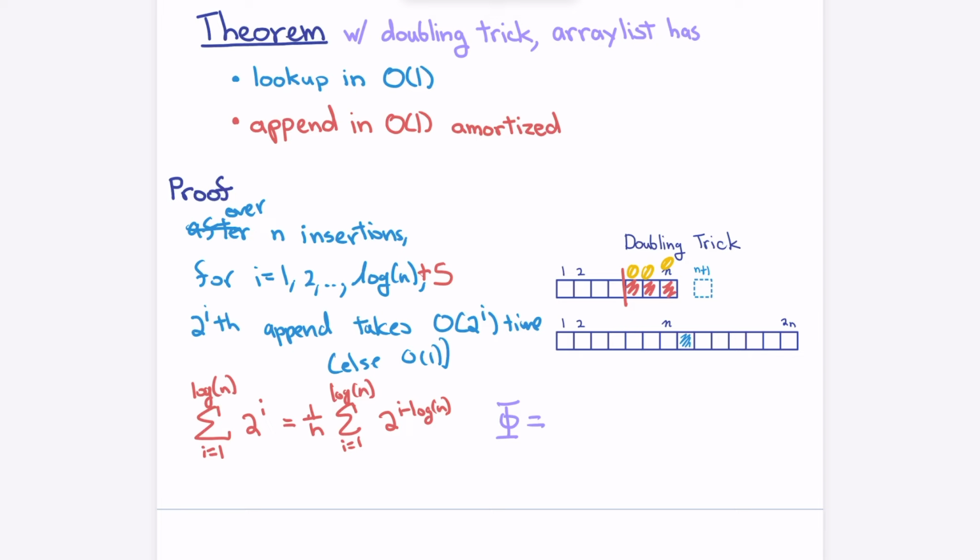So how do you describe the, so I'm looking for like a sentence where I can just look at the data structure and infer the potential, not worry about the exact order of operations to get to this point. Ah, okay. Number of empty slots in the array. Okay. So now every time I fill this up, the potential is,